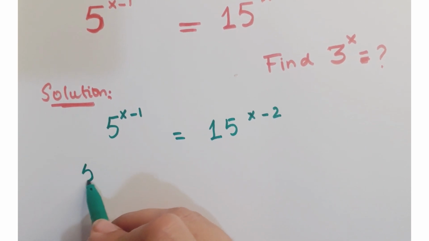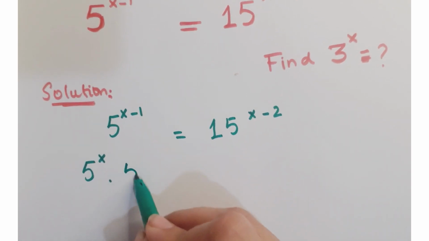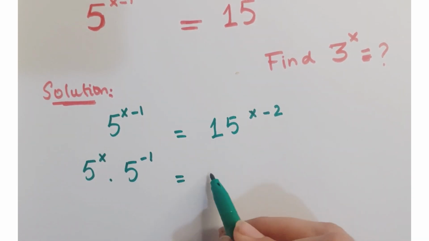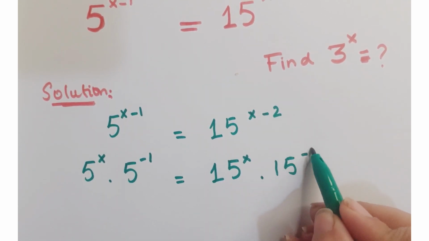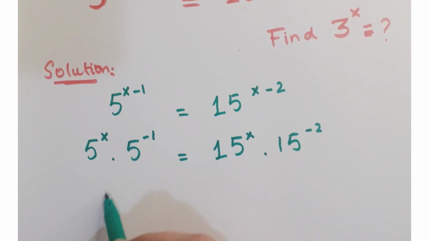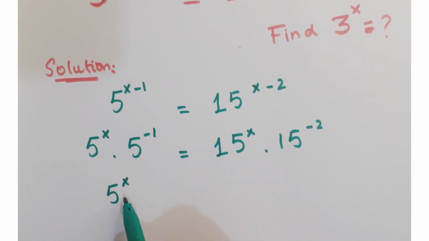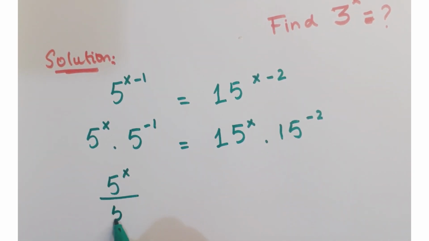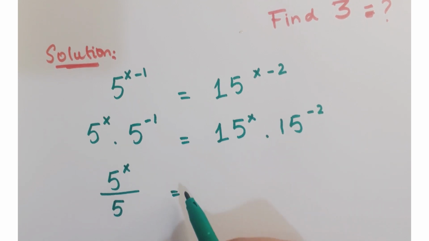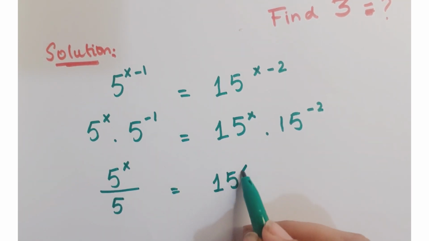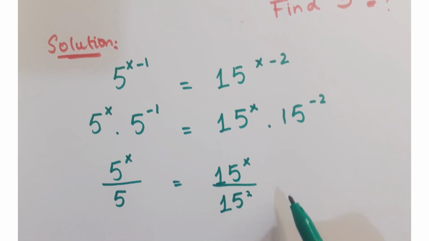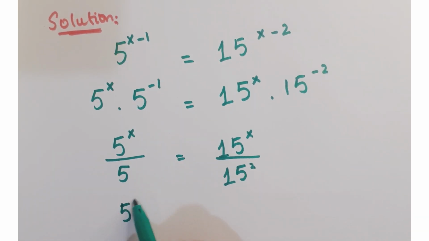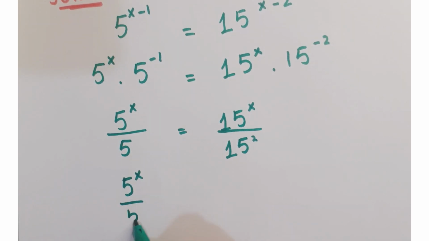First of all, we can split this power as 5 to the power x into 5 to the power minus 1. Here you can write this as 15 to the power x into 15 to the power minus 2. Now, because of the negative power, just reciprocate this, so the power turns into a positive sign, and here you can write this as 15 to the power x upon 15 to the power 2. Further, you can write this as 5 to the power x upon 5 is equal to 15 to the power